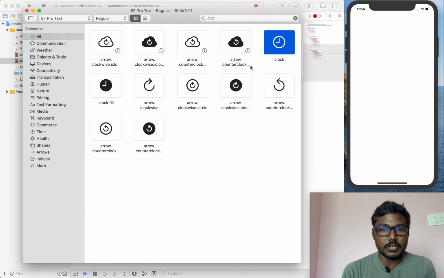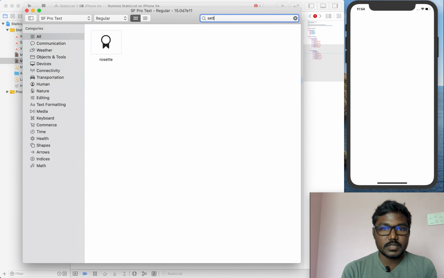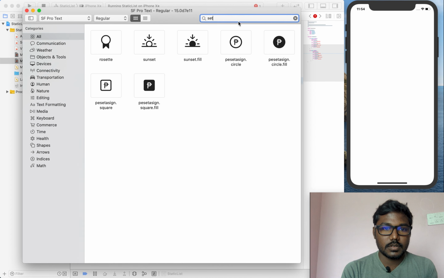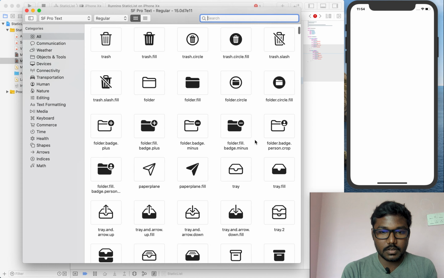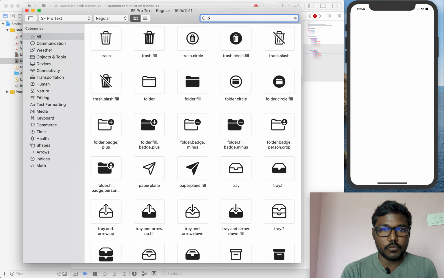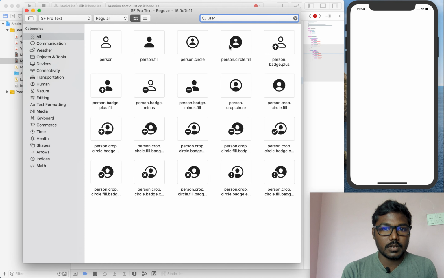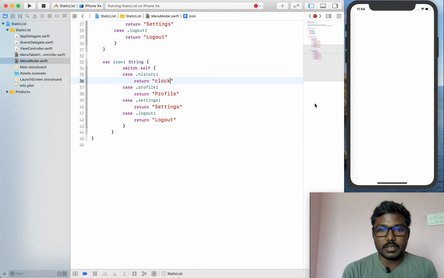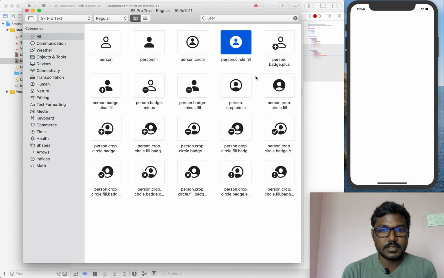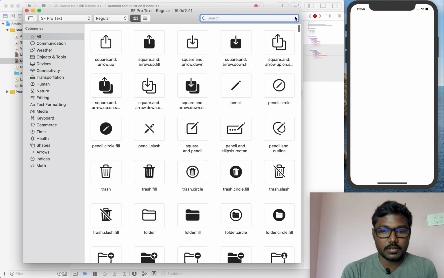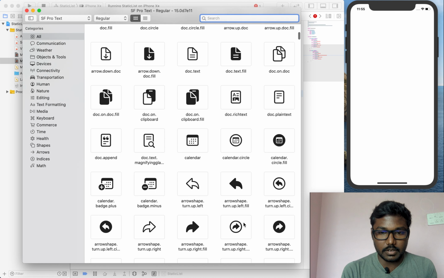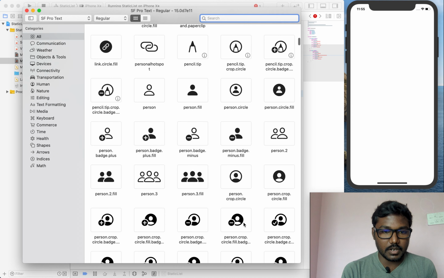Also for settings, we can set something. For profile, a user icon. Likewise for settings, we can set some of the icons, searching right now.